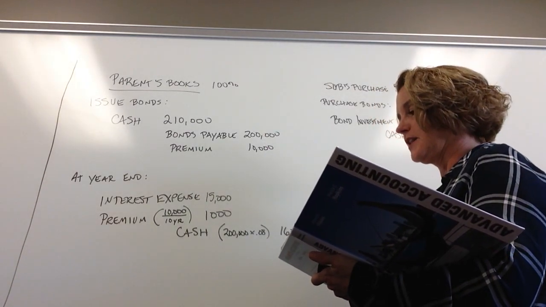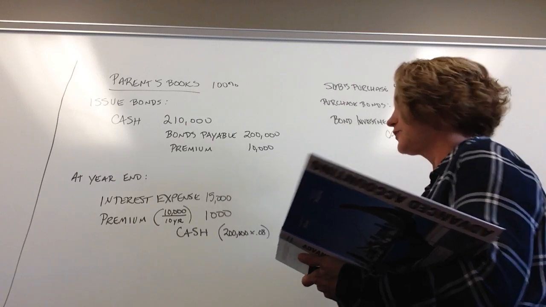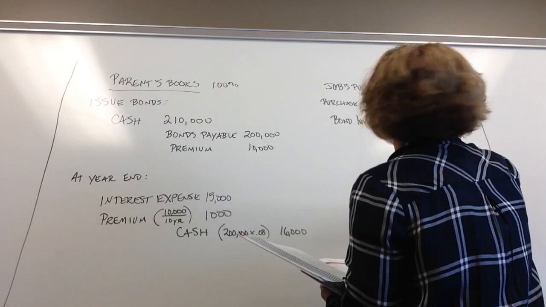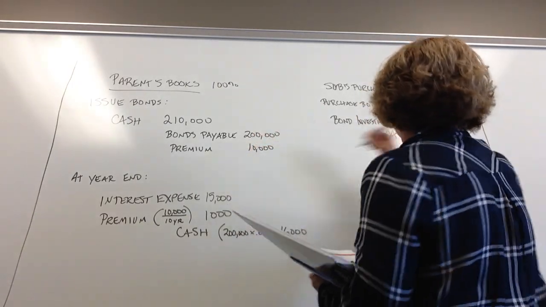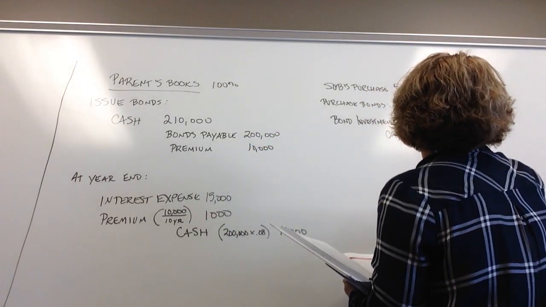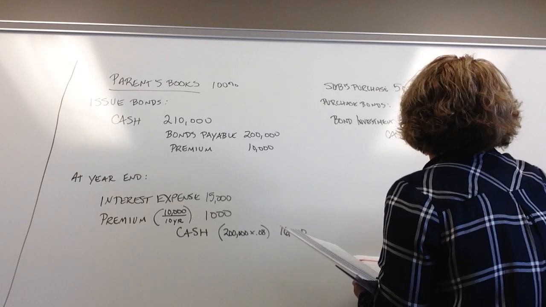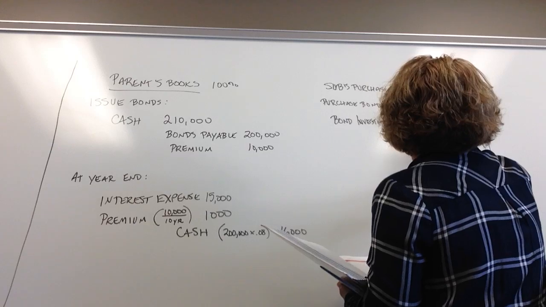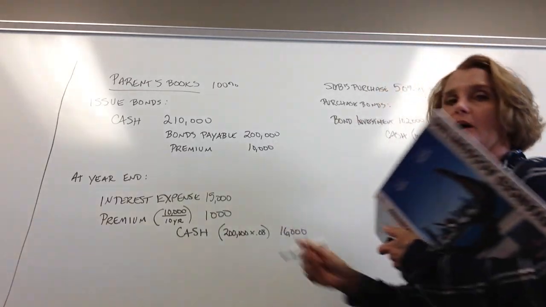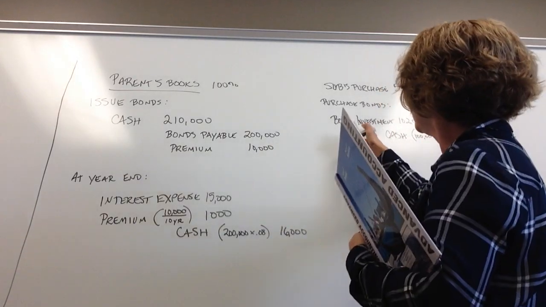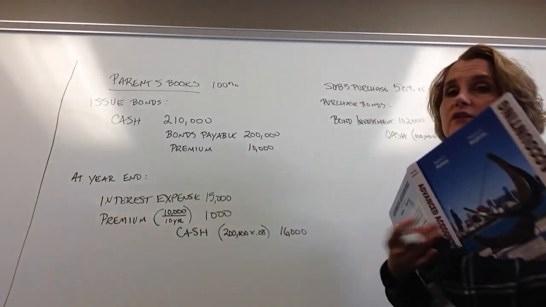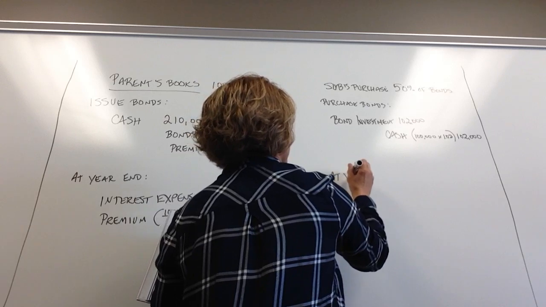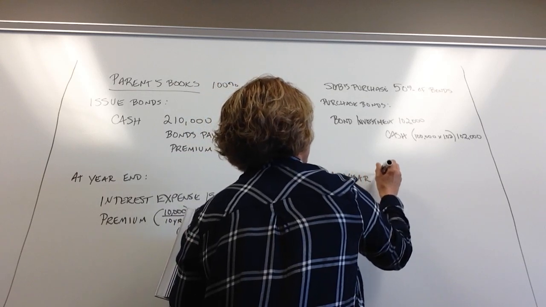So again, they tell us 50% of the bonds for 102%. So that would be $100,000 of the bonds, because here was $200,000. At 102% is going to be $102,000. Now they don't have a separate premium, but they are going to have to amortize that extra $2,000 that's in there. So then when we come down to theirs at year end,